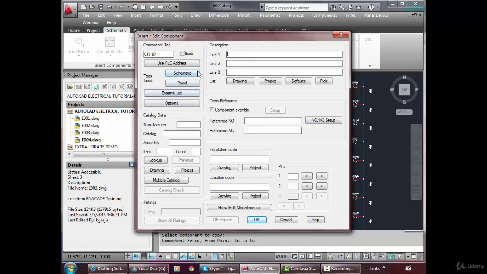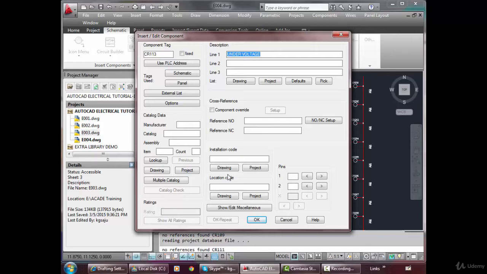Every time it will ask you, sometimes what happens is you may have to change the description. For maybe this one start, okay, next one stop, next one under voltage. These are the relays of those particular functions.